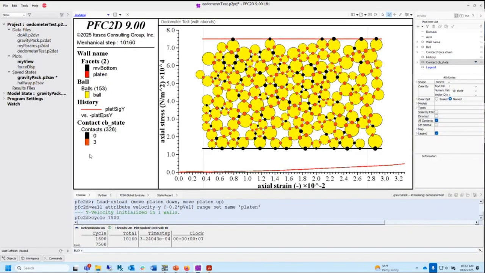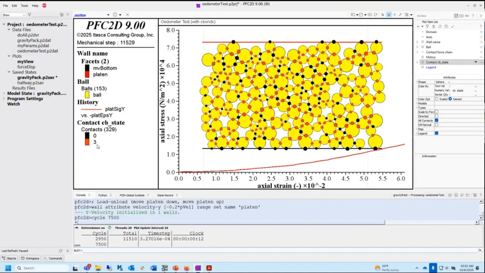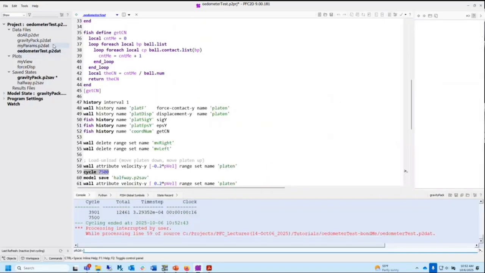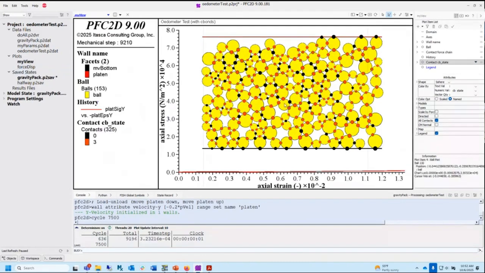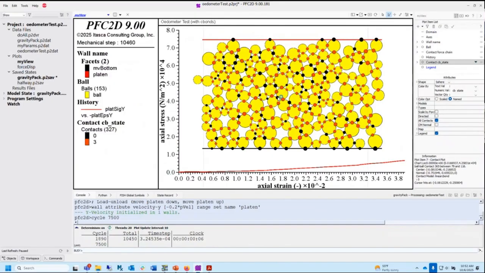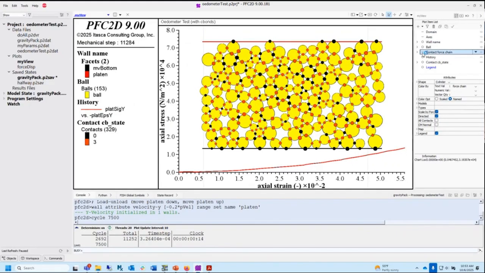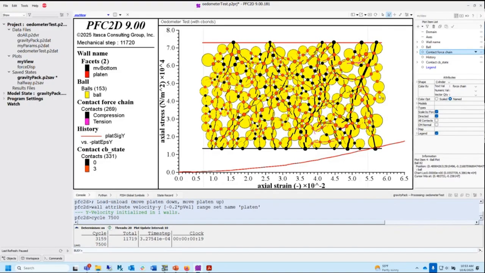And there's no breakage. Remember, instead of 3, it's going to go to 1 and 2. So this is still too high to let it break. So we're just going to keep hacking it. Let's put it 10 times lower, 1e4. Come on. Look at this guy, just hanging there, no force. Still no breakage though.